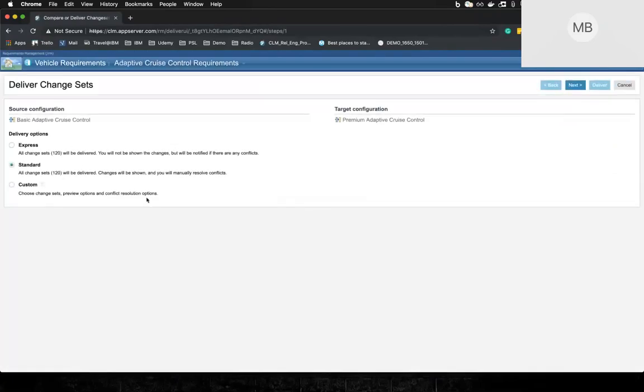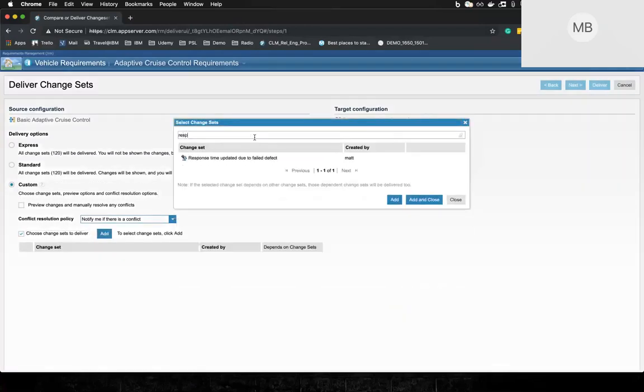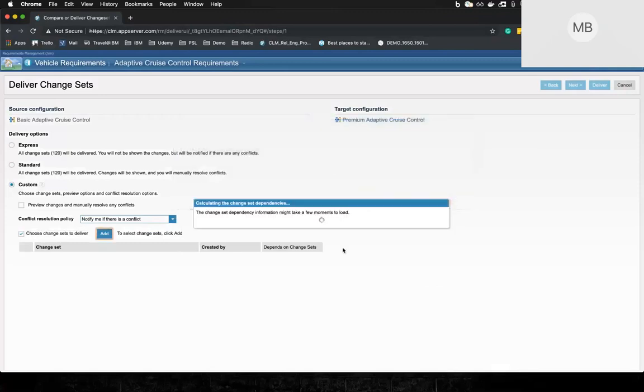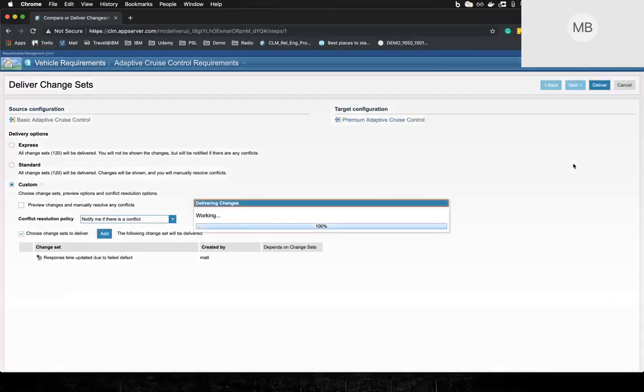And again, we get this same wizard, and we can see there's 120 changes that have been made that are different between the two streams. I don't want to merge them all. I'm going to choose specifically which one I want to add, and I can filter that there to help me find it. The one change is the only thing I'm moving here,